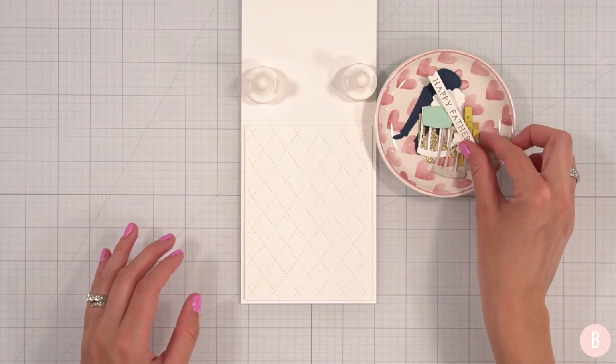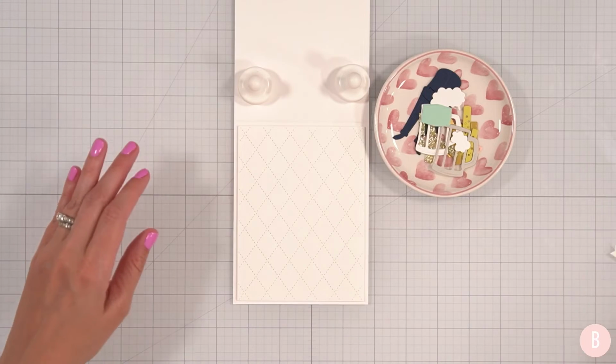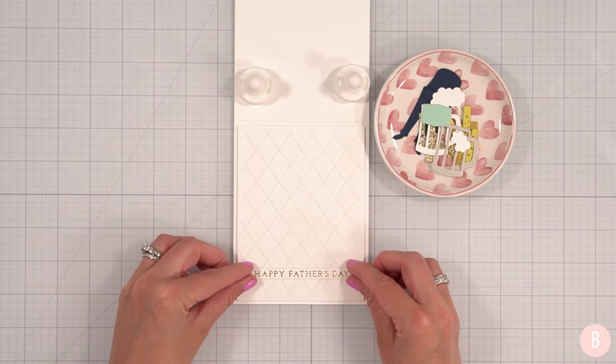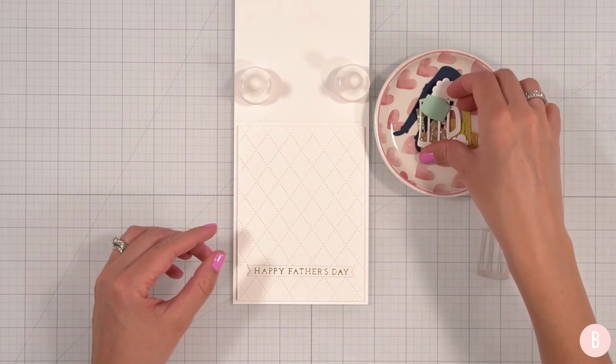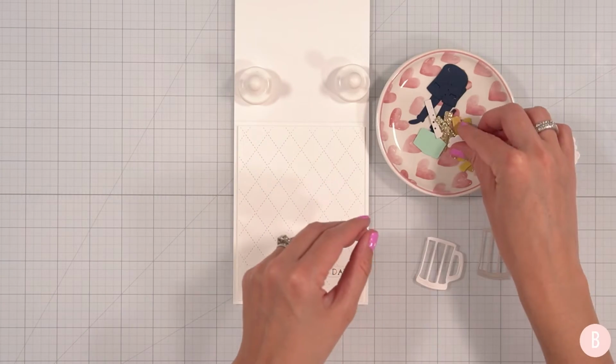Okay, now it's time to bring all those pieces back in, and before I do anything else, I'm just getting an idea for spacing. I want to know where everything is going to be placed before I get my glue out and start getting everything assembled. Now I did cut 2 mugs of beer, one in, I think it's called Pebble by